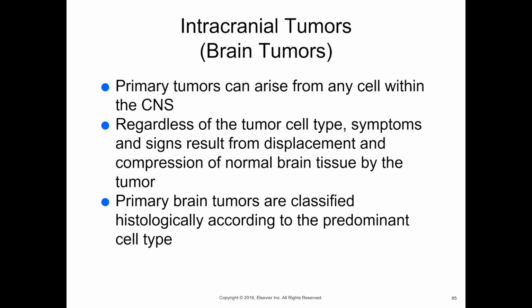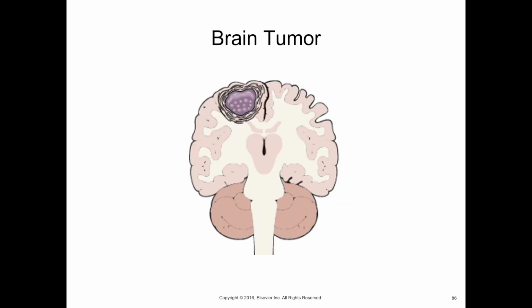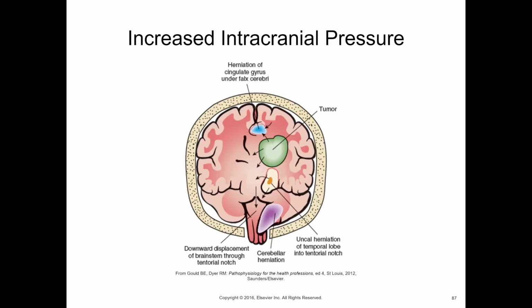Interestingly, brain tumors are more common in the quote-unquote developed world. There's likely environmental reasons for that, environmental and lifestyle. Showing here is a brain tumor. It looks very much like an abscess. Conceptually, kind of the same, except instead of bacteria, we get increased intracranial pressure because there's a mass pressing everything away. This right here shows herniation